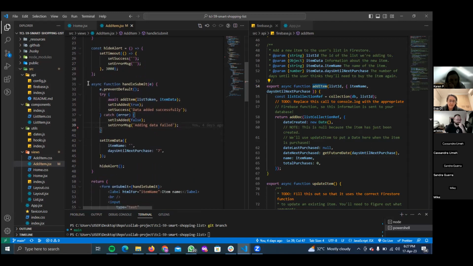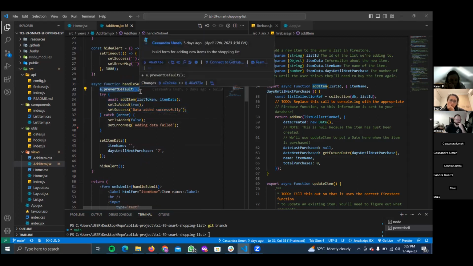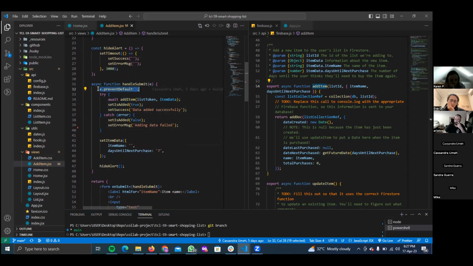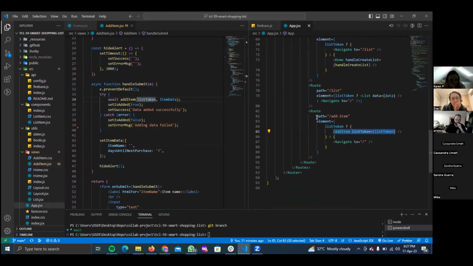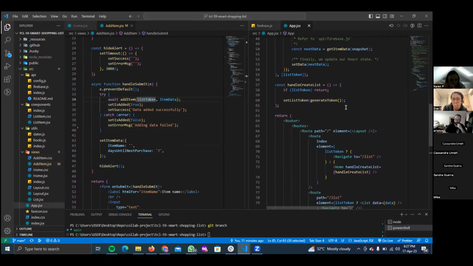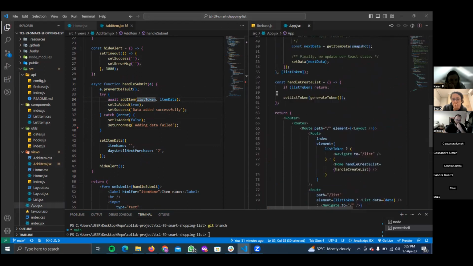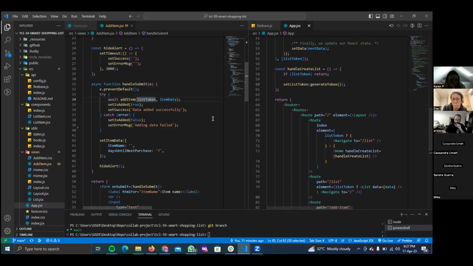Okay, so inside the handle submit, we are preventing the default settings for the form so that it doesn't refresh every time we submit a value. And then within the try catch, we are awaiting this function, passing in the list token that we have sent in here from the token that the user has generated when they click on create list.